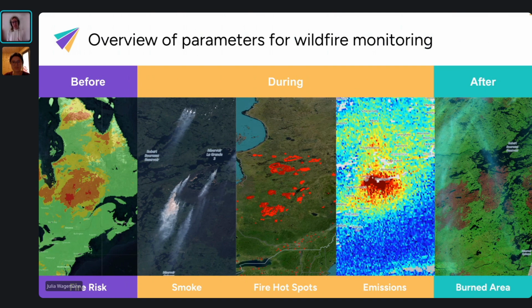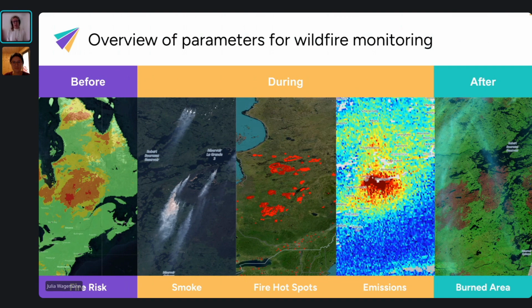But from fires, smoke is also emitted, and this smoke is also observed by satellite, and we can monitor this because the smoke is usually transported by larger weather patterns, and the smoke comes with a set of emissions which then often impact the air quality levels in cities and specific regions.